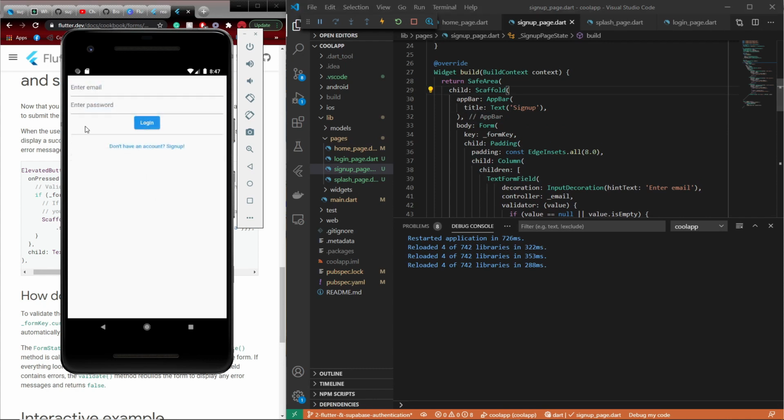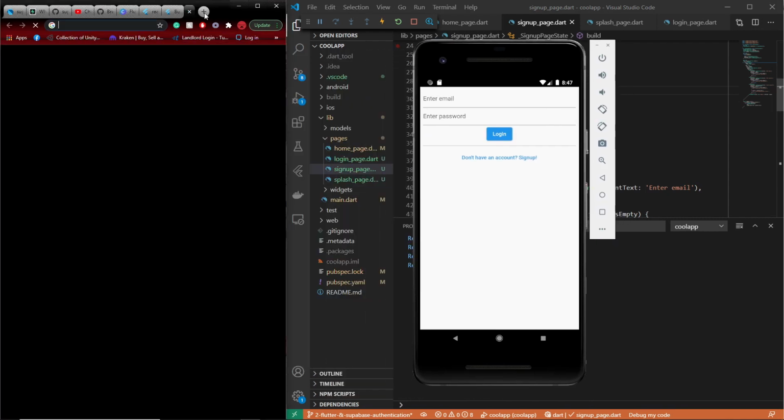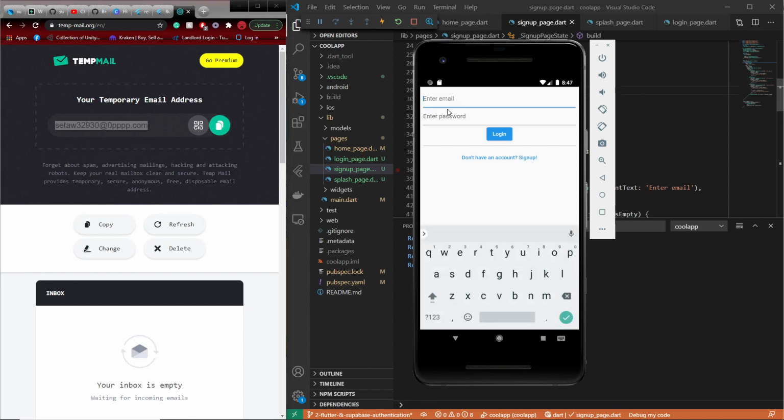Okay, so let's see. We can go to this website that I like to use, Temp Mail, and you can get a temporary email address, which is really handy for just trying things out. Because you can wipe it out or come back in a few days and it'll be completely different. So it's just perfect to not get a bunch of spam on your actual email. So we'll do